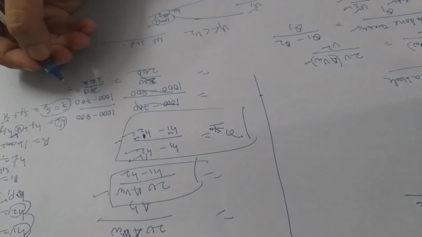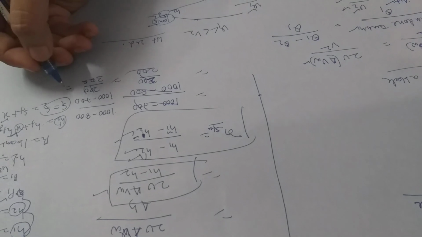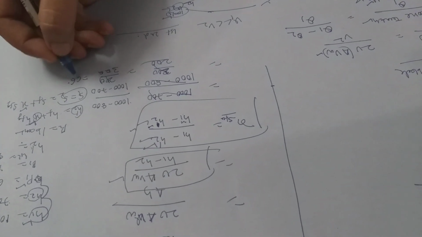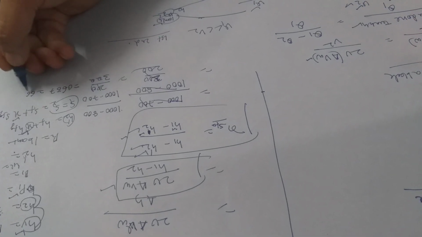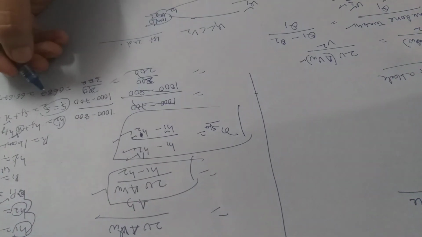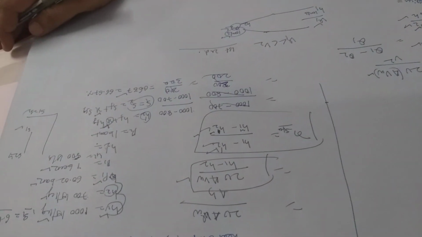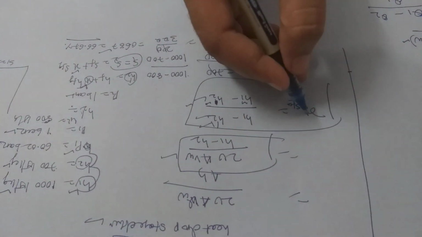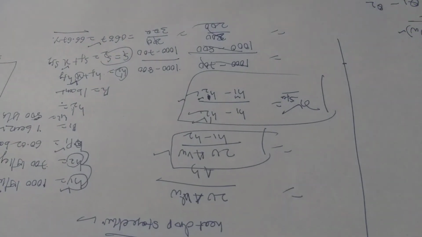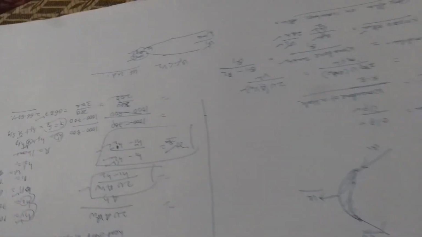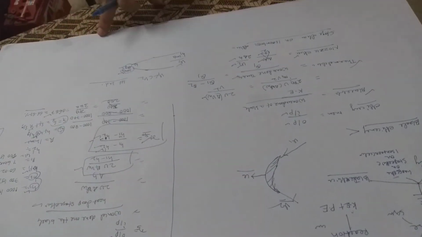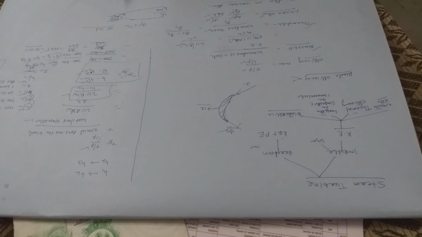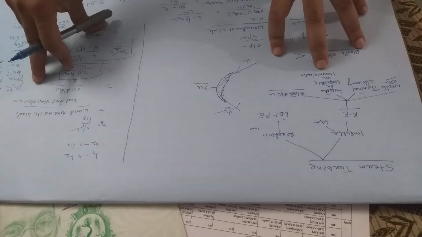So 2 by 3 means the percentage should be 66.7 percent. You can write 66.7 percent as your efficiency. In this way you can find the value of the isentropic efficiency. Similarly, you can find various types of efficiency from this formula, so easily you can find the value. So this is all about turbine efficiency and various types of turbine efficiency. Okay, thank you. In the next video we will discuss further.